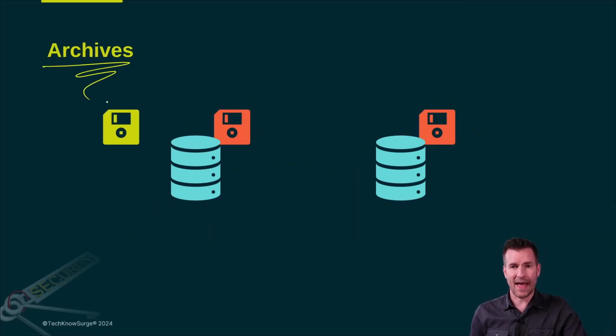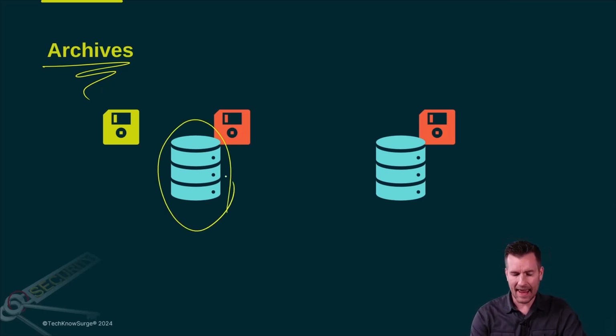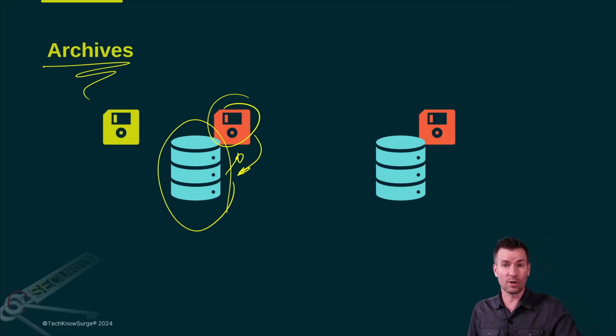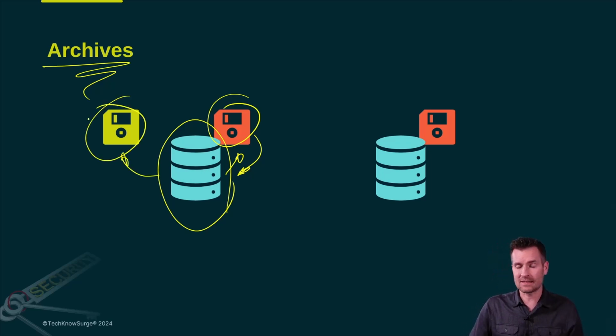Archives are kind of similar to backups, but they serve a little different purpose. A backup is when we just take a data set and we create a copy of it. And we keep a backup just in case something goes awry and we need to do a restore of that. An archive is more like when we're done with data and we don't need it anymore, but we may need to access it on a rare occasion. And so we are going to put it in a location that's not quite as accessible. Maybe it's cheaper storage, but we don't have a lot of great access to it. And so we move it to that cheaper storage, since we are probably not going to use this data again, but maybe potentially use that data again. And so then we put it into an archive.